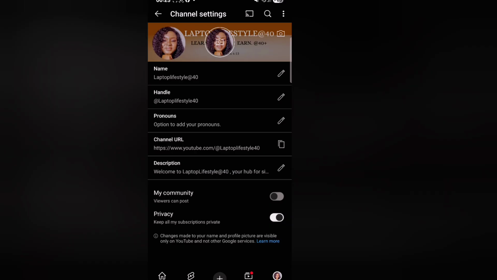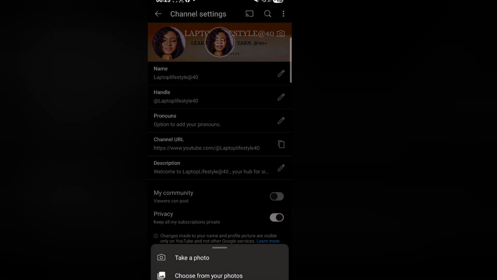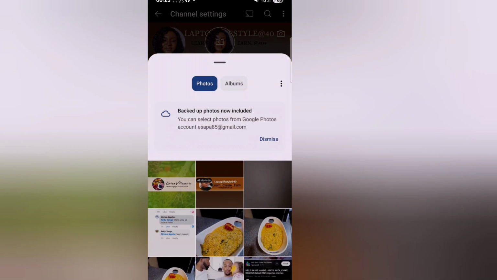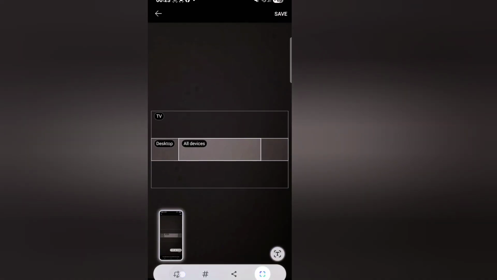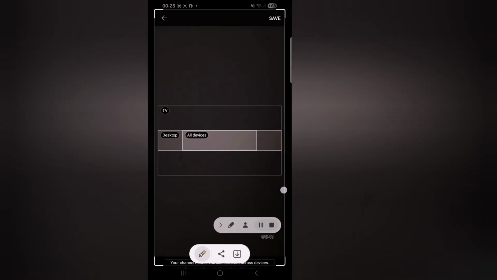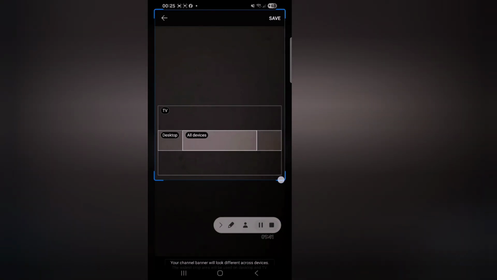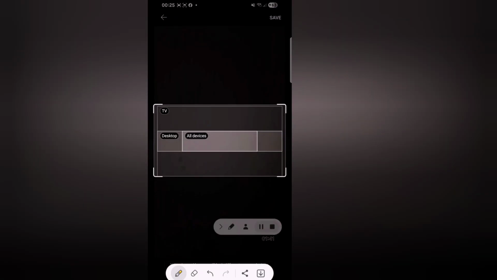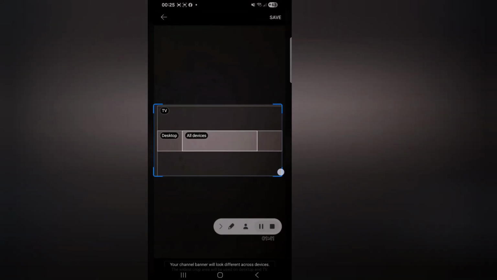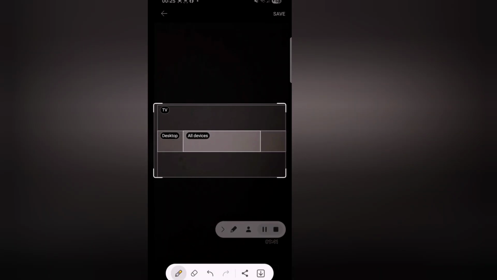So rather do this instead. Get a blank photo, maybe of a white sheet of paper or whatever. Act as if you want to upload a banner, the same procedure, and then take a screenshot of it, like you can see me do. When you take a screenshot of that, crop it to the size that YouTube is giving you here, and then save that in your gallery. Now you will take the saved image into your Canva